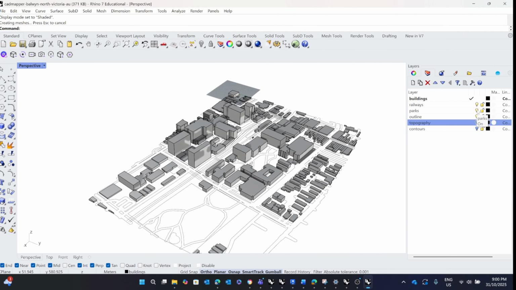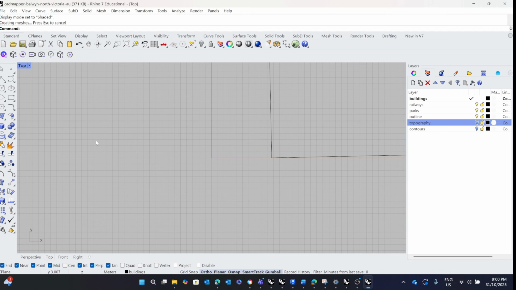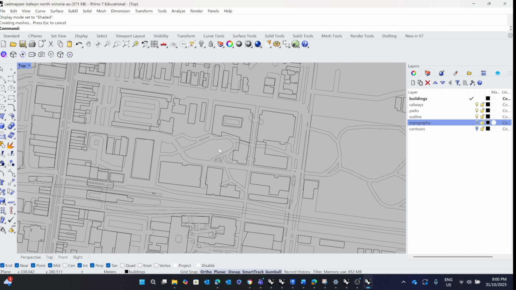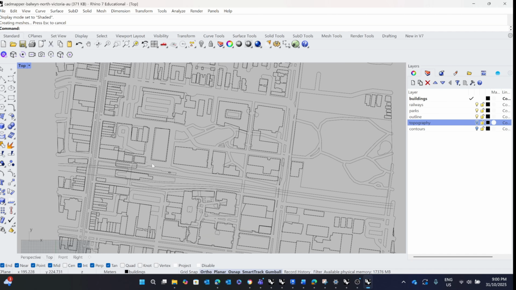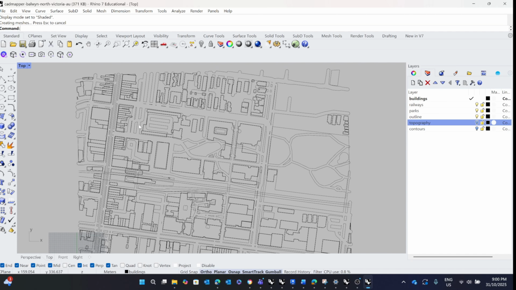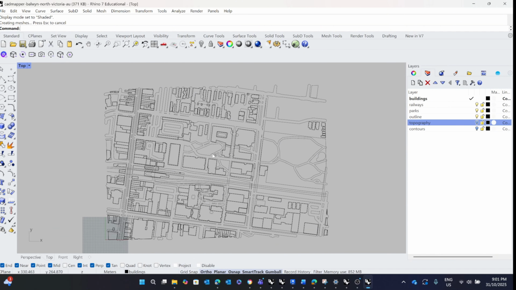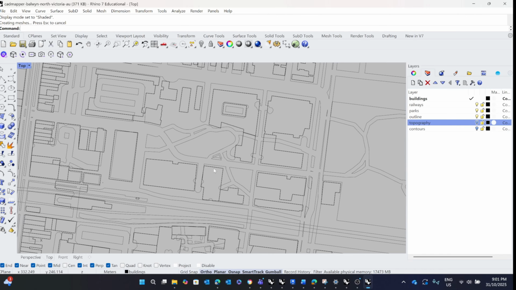We'll keep the outlines and we'll keep the park, but then we're going to go into top view here, where you can see we have all the other context, but pretty much we just need this area here running between William Street and Glenferrie. This part is very important because we're only going to want to keep these building footprints